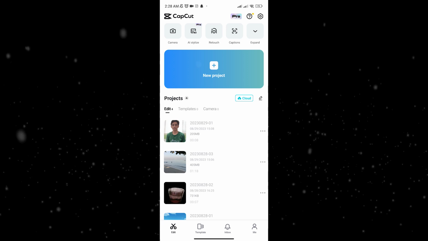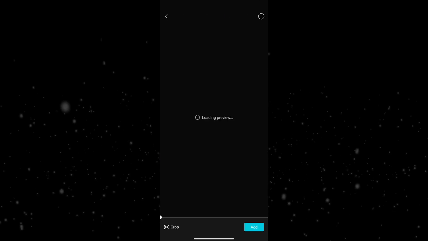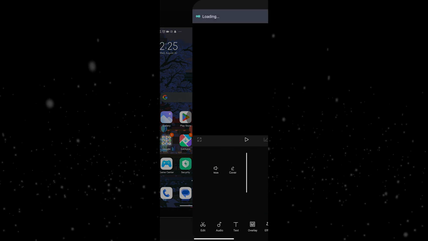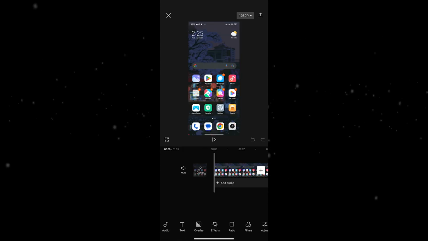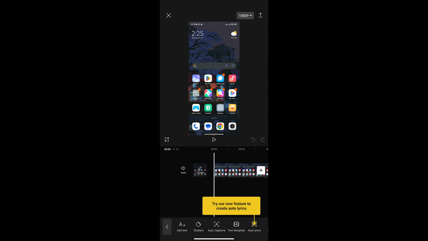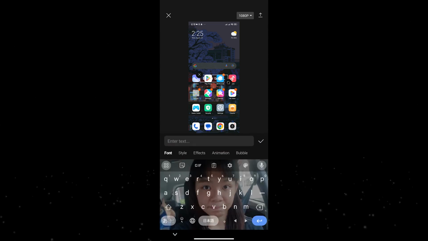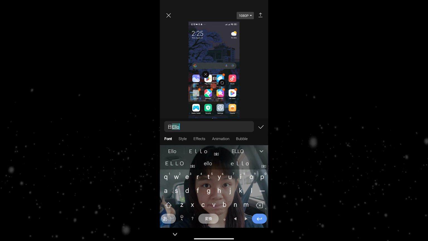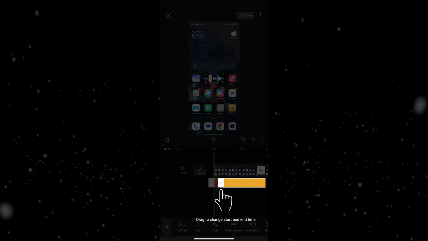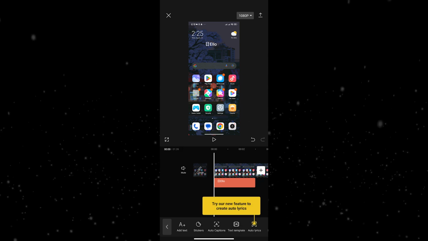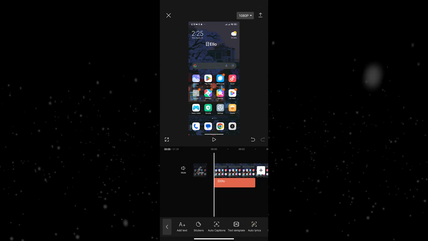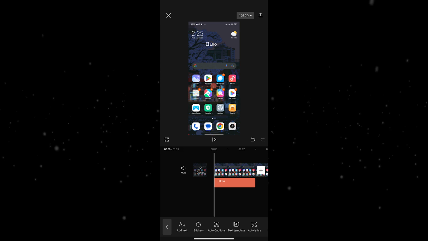So for now I'm not really here to create a template, but for you to really create a template you need to apply for that, and you might need to wait and then comply with all the instructions that they ask of you in order for you to be allowed to post templates or share templates to everyone on CapCut. So what I'm just showing here is just the procedure of creating a video